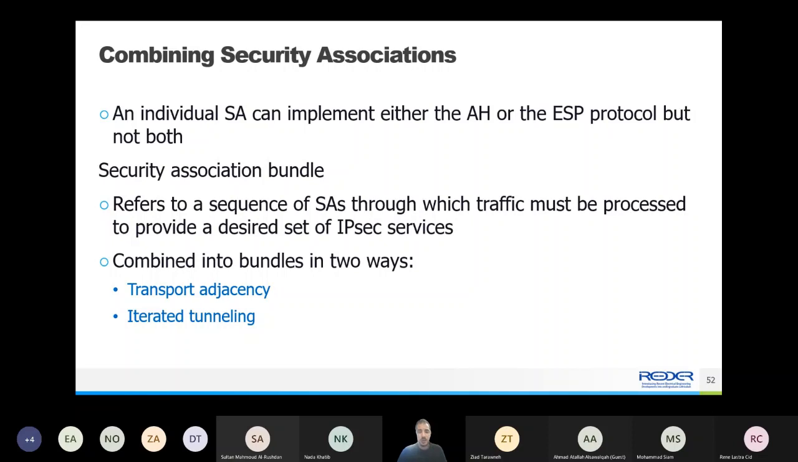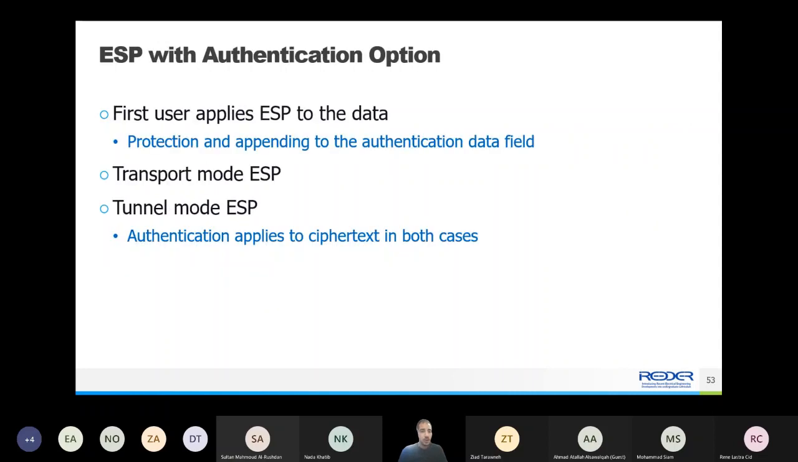The transport adjacency refers to applying more than one security protocol to the same IP packet without invoking tunneling, while the iterated tunneling refers to the application of multiple layers of security protocols effected through an IP tunneling. But there is an option that the ESP, the encryption protocol, has an authentication option. So first, users have to apply the encryption to the data,